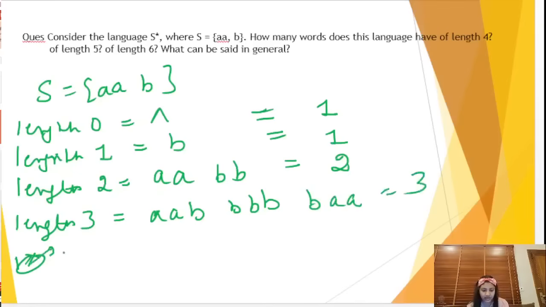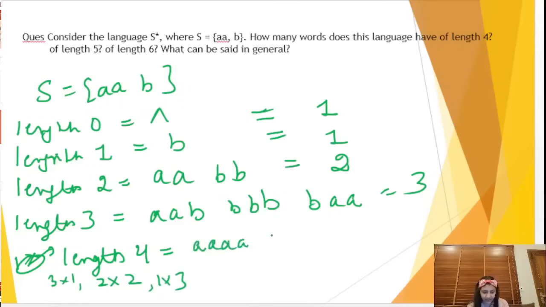Then let's calculate length 4. Length 4 strings can be formed by concatenating length 3 with length 1, then we can concatenate 2 with itself, then we can concatenate 1 with 3. So we will have length 4 strings as